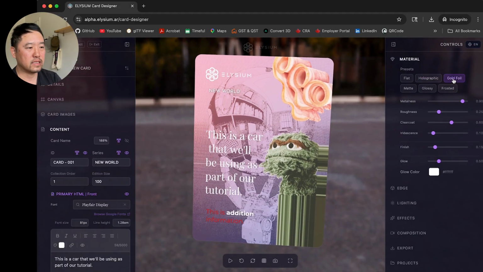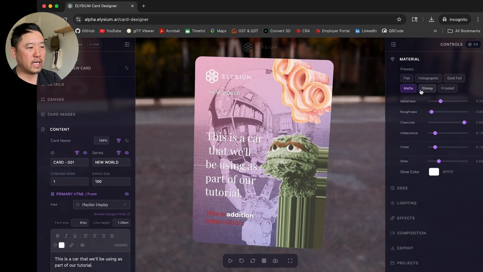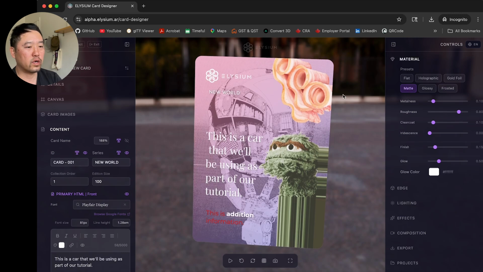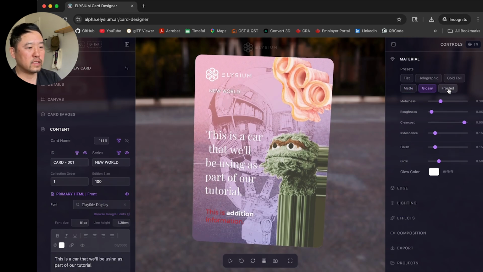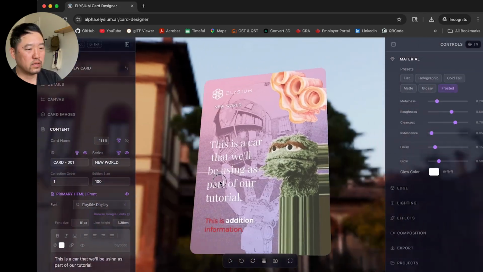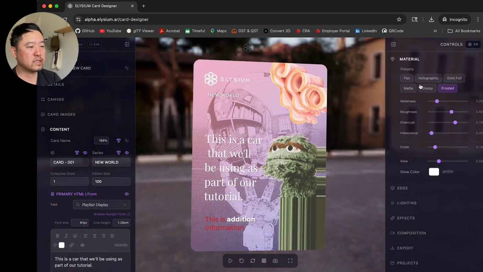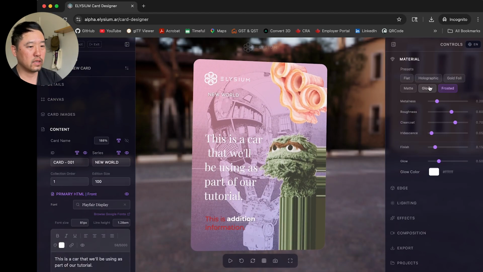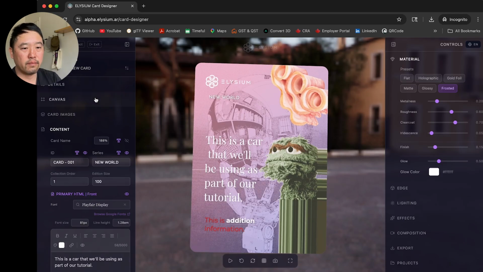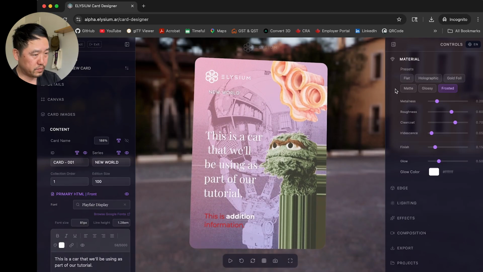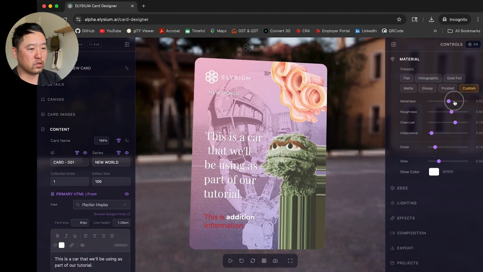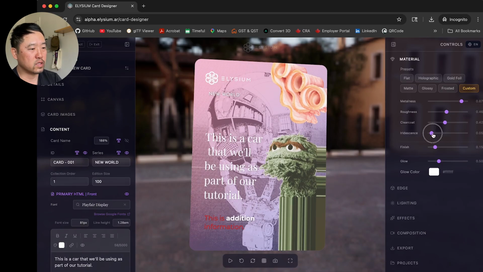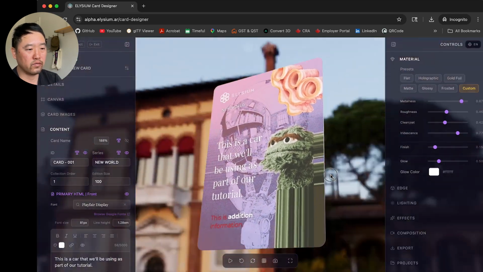We can change that preset, has a different type of surface. We can add matte, glossy, and frosted. You'll notice that this affects everything except for the text or the stickers themselves, right? So these are, once again, material settings that are applied to the card's backgrounds, their images, and the gradients and the colors. Any brand elements, basically anything that you put in the card images section. And you can manually adjust these, and go beyond the custom settings of the presets that we've made. And these are all just settings that you can do to change the material aspect of the card itself, right?